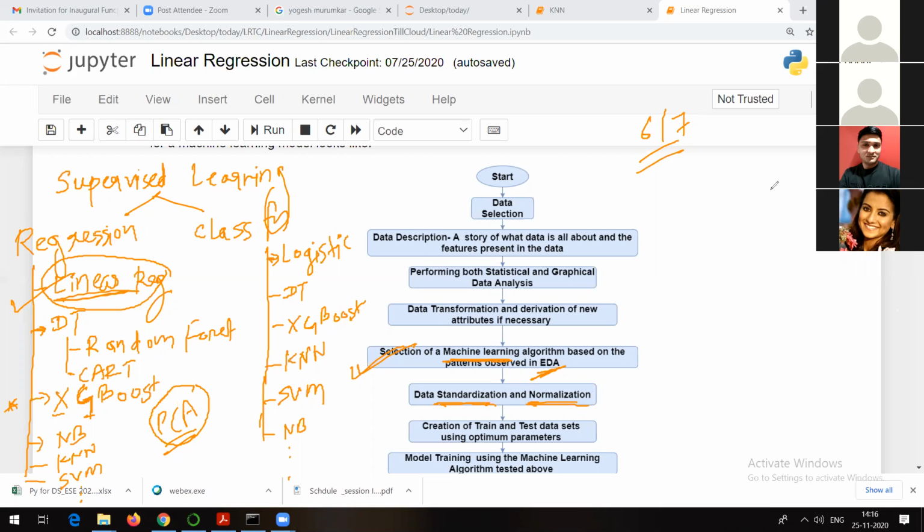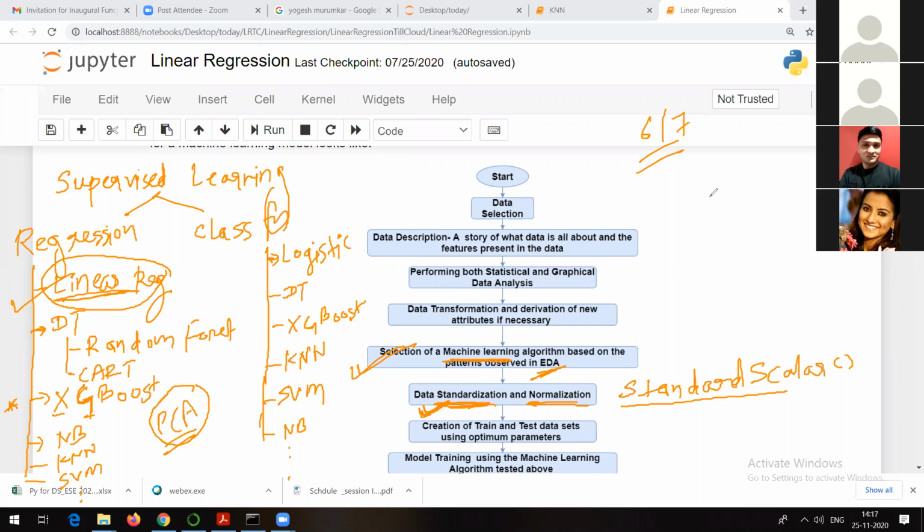For standardization in Python, we make use of a package called StandardScaler. That's what I have used in this particular example. What this is going to do is scale all the columns to the same scale, so that a particular column is not given higher weightage as compared to another column, attribute, or feature. Because if your data is not standardized, your model can be overfitted or biased, and that's what we do not want. That's why you need to make sure your data is standardized. How to get that, I will show you.